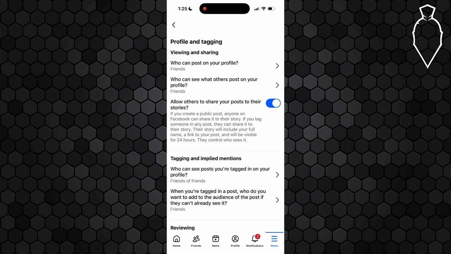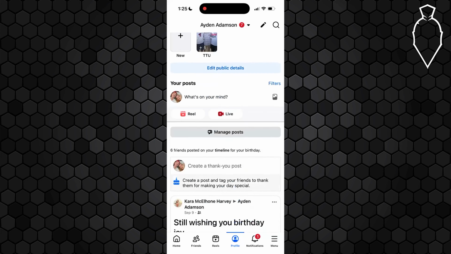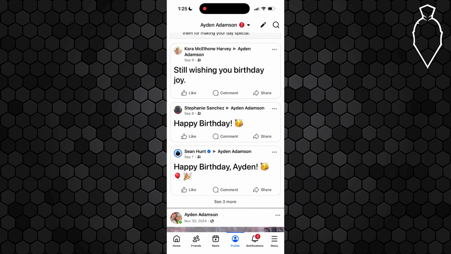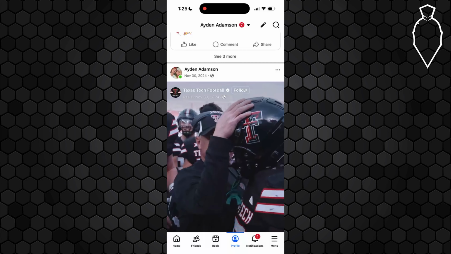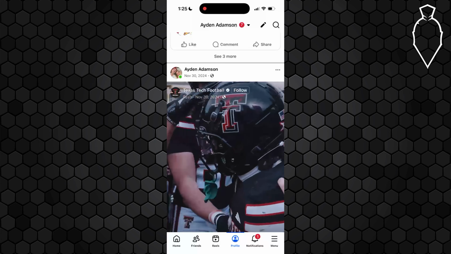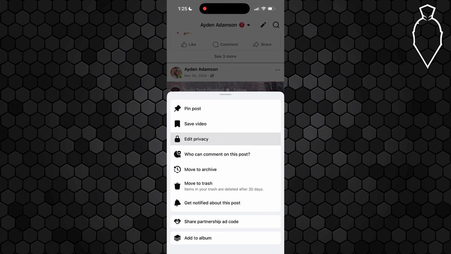If you only want to allow sharing for a specific post, go ahead and go back to your profile by just selecting Profile down at the very bottom and find whatever post that might be. In this case, let's go ahead and pretend the post that I want to do is this one right here. Go ahead and select the 3 dots in the top right corner of that post specifically and select Edit Privacy